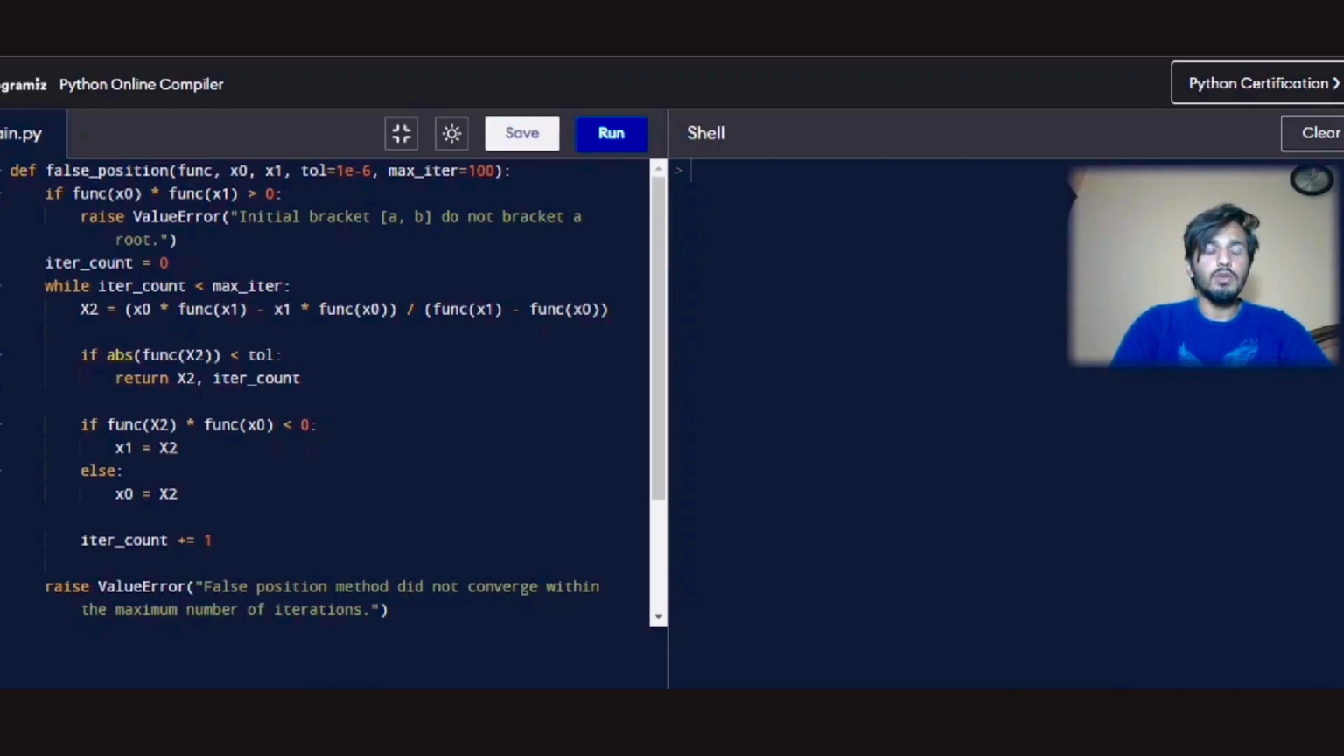In this code we have defined a function which is known as false position function, which has some attributes: function, x0 and x1, tolerance, and maximum iteration, which is set to be 100. Then we have a very first condition when we enter our function: if function of x0 multiplied by function of x1 is greater than 0, it will raise an error which says initial bracket a b do not bracket a root. If the condition is not valid, then it will skip this error and